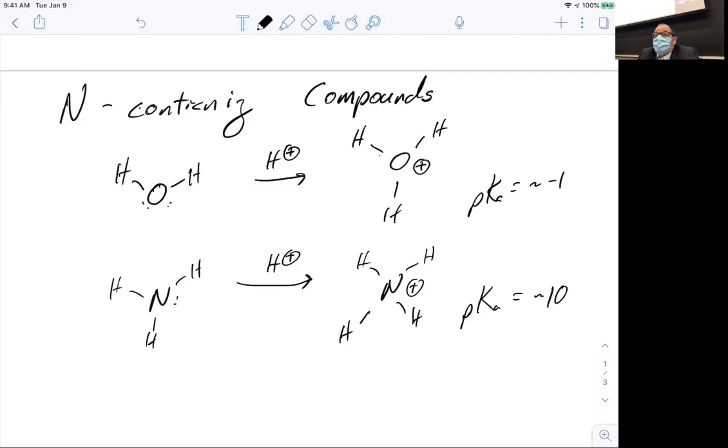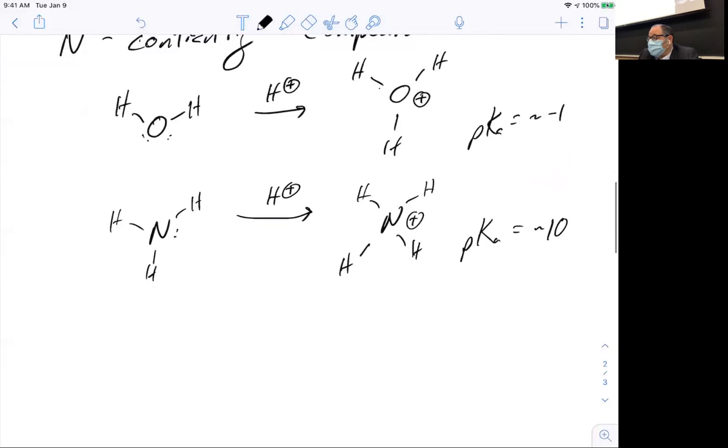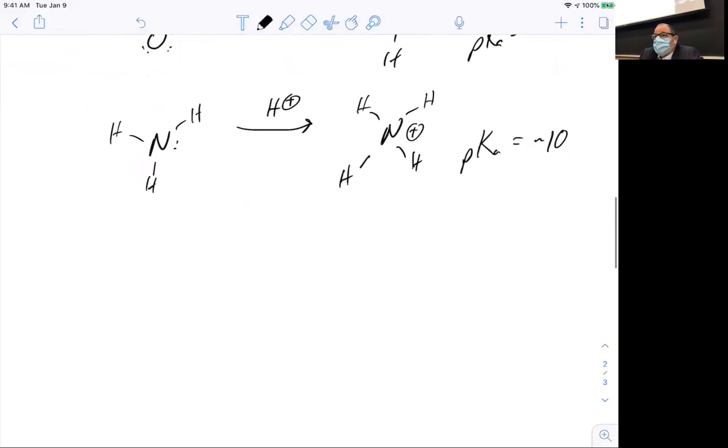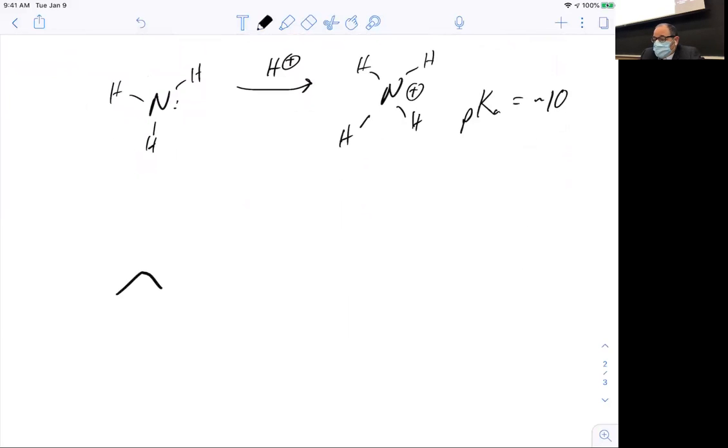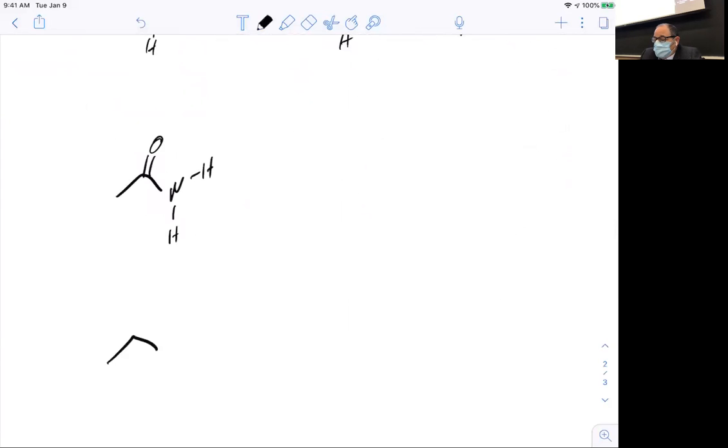Those are heat sinks. Nitrogen containing compounds are often thought of as proton sinks. They are places where protons can be transferred. And so because of that, let's talk about some of the acidities of different nitrogen species and why they're different. One of the first ones is amines, and now we've looked at amines. If we look at the amine pKa of this species, we get there with a strong base